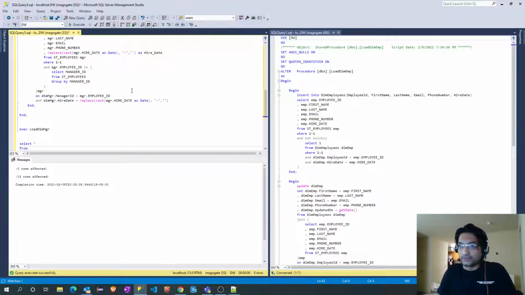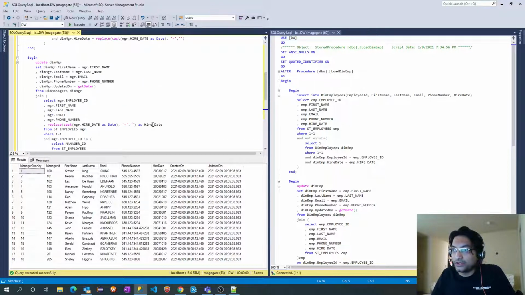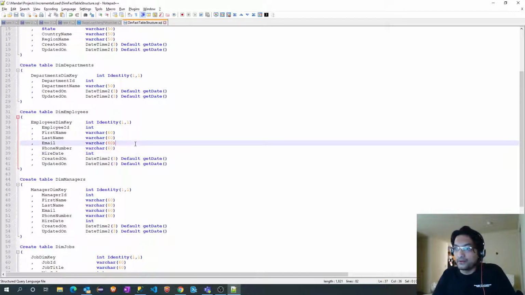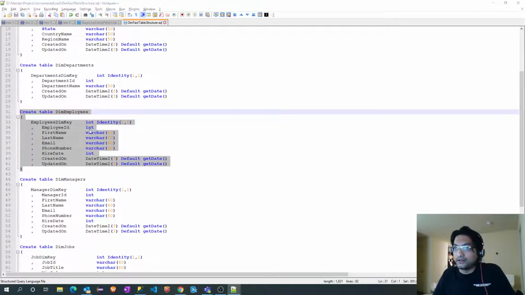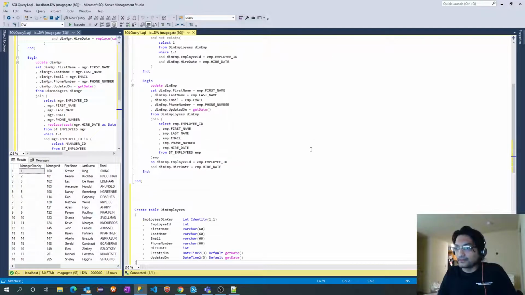Select star from, yeah, this is fine. Okay, now the same data type change from datetime to integer we'll do in the employees dimension as well. So I will change this to int. All right, I'll copy this. I will drop this table first.